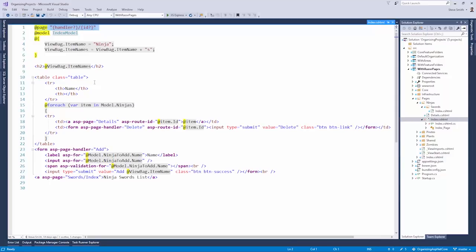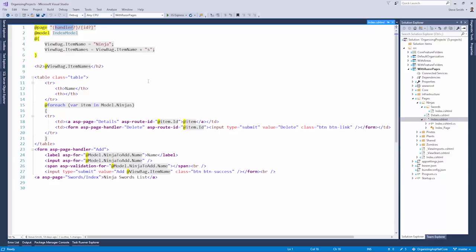So what you're going to see when you create links to these named handlers using the default tag helpers, they're going to be applied as query strings. And so you might see something like /ninjas?handler=delete as an example of a URL that might be generated. However, if you specify the handler parameter as part of your route template, then you'll end up with having that as part of your route, which is more familiar with how you'd expect if you're using MVC style routing,